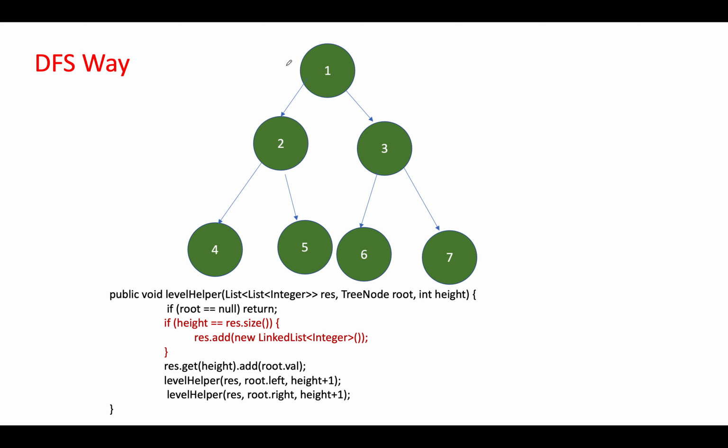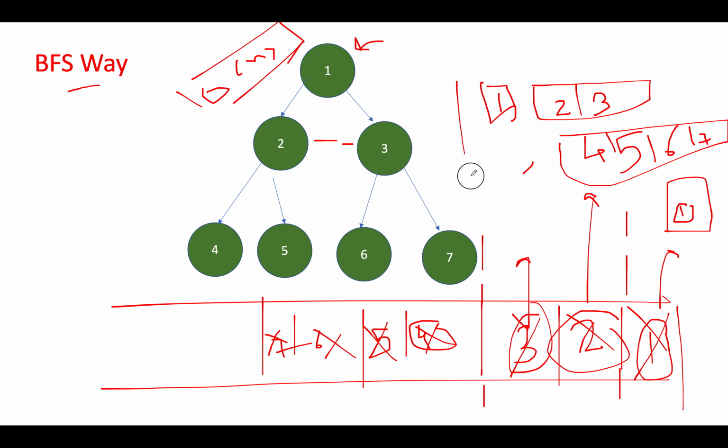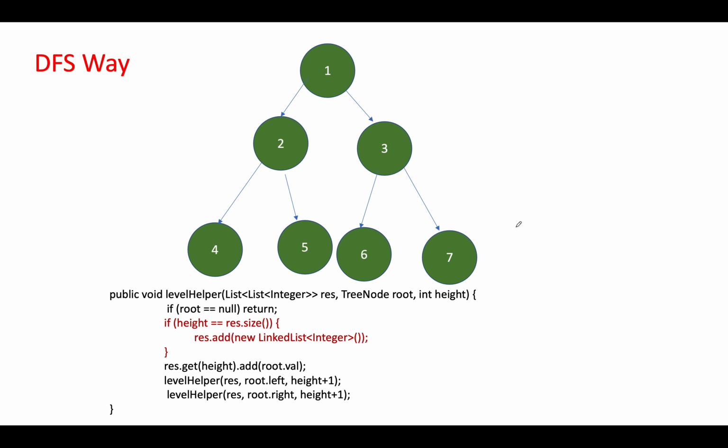In the DFS solution, the only thing is when to start a new level in your answer set. How do we know that this starts the beginning of a new level? If we are aware of that information, then we can easily create the level order traversal. That information will be passed using a variable height. We'll start from the 0th height, and whenever the height value turns out to be equal to our result's level count, the number of levels in the answer set, this condition marks the beginning of a new level.